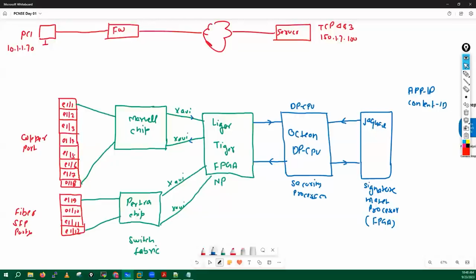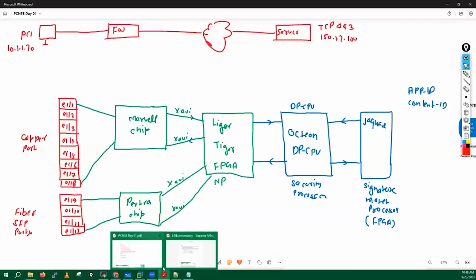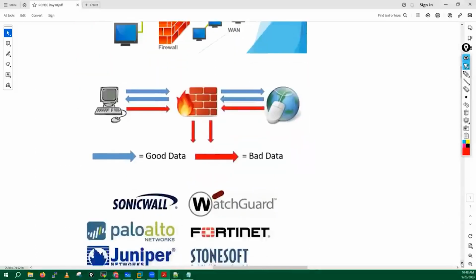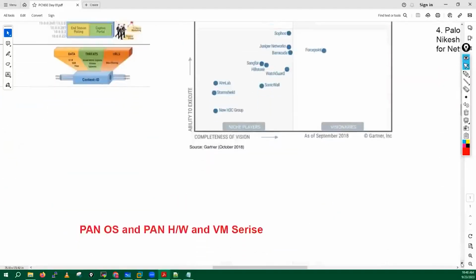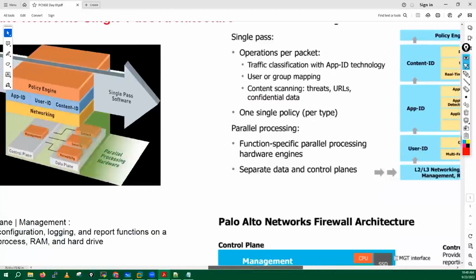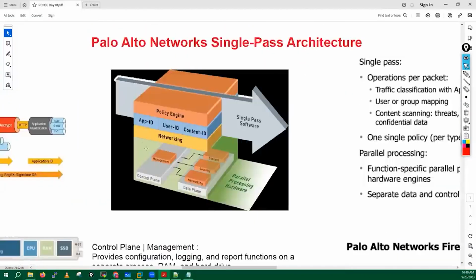Now guys, if you have noticed, just notice this diagram. Okay, so guys, just notice here, did you see? We have a dedicated management plane and we have a data plane. And this particular data plane has a dedicated networking processor, security processor, and content processor. So guys, this networking processor is NP, this is your Octeon chip, and this is your Jaguar